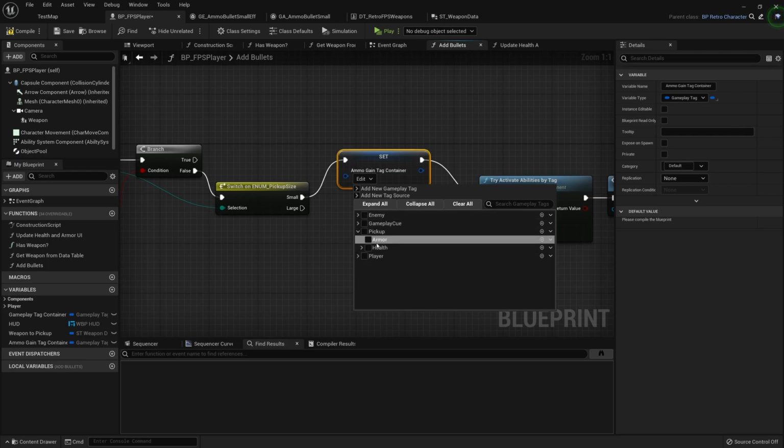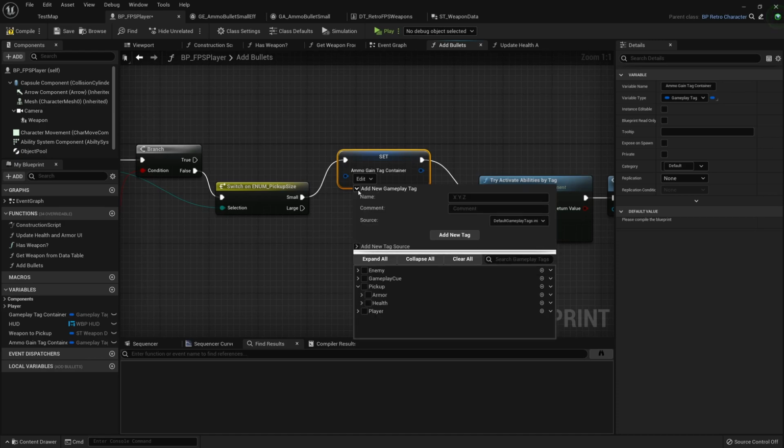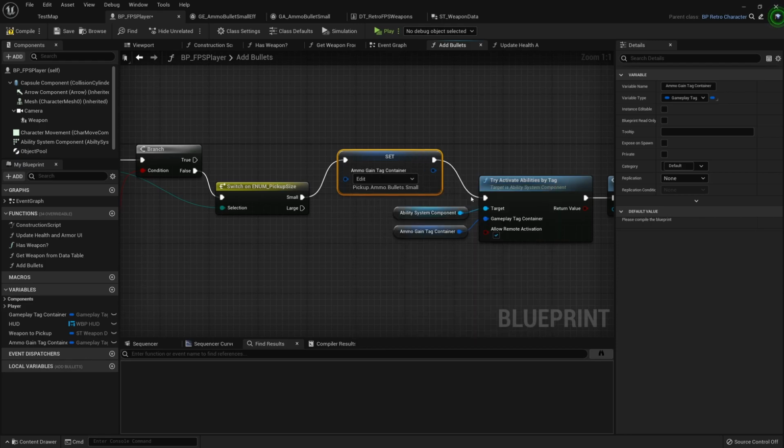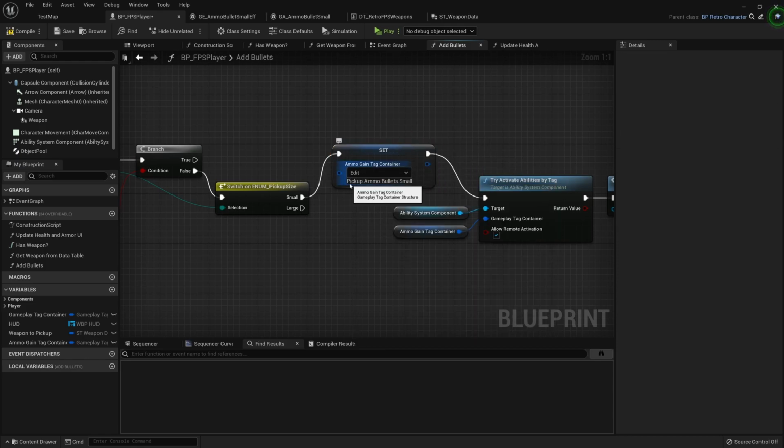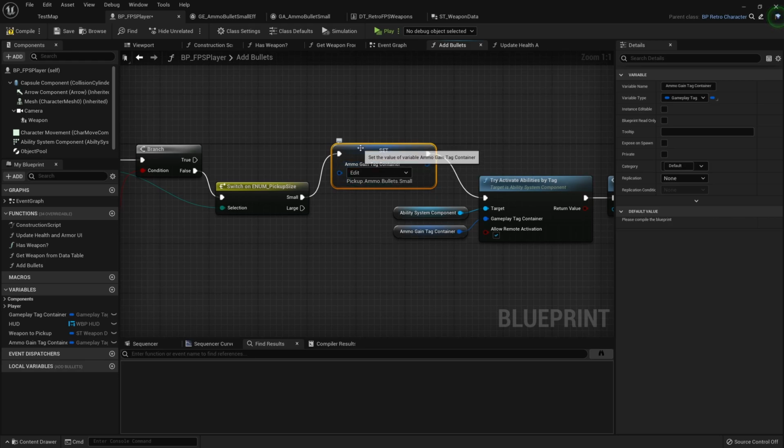So maybe in the pickup section, we can add an ammo tag. So let's create a new tag, and we'll call it pickup.ammo.bullets.small. There you go. So now we are applying this tag to this tag container. We're clearing any tags it could have when you set it, and it's only giving it this tag.